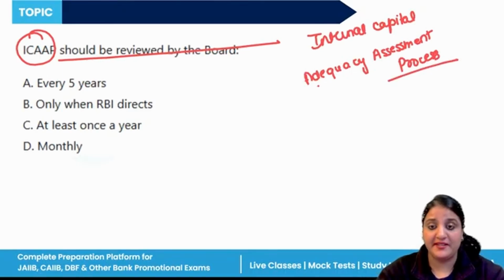Imagine the board of directors are sitting in a meeting. Chairman asks, do we know how much capital we truly need considering all our risk? The risk officer says, yes, sir, we have ICAP. ICAP means Internal Capital Adequacy Assessment Process. Every bank have to maintain that ICAP that covers entire firm-wide risk profile. It should be reviewed at least once in a year and it should be integrated into business decisions. It is not just a document, it must be a part of decision-making culture,